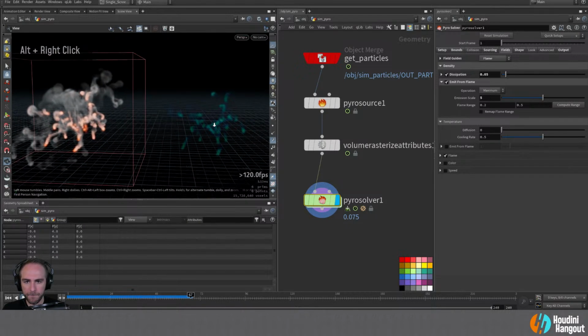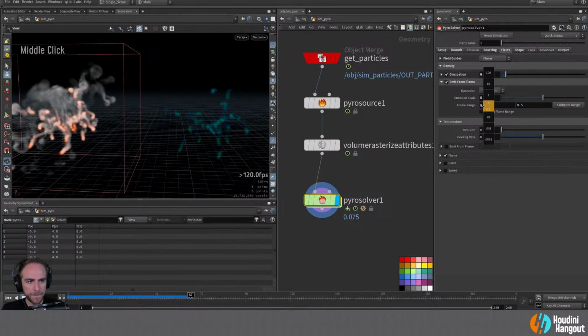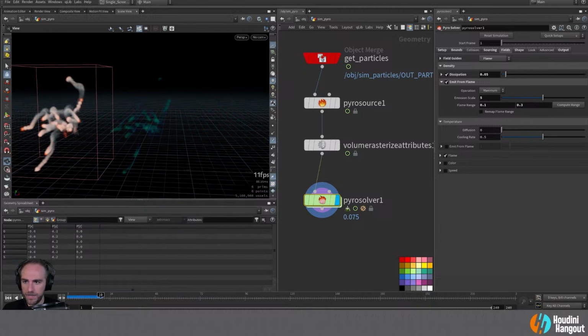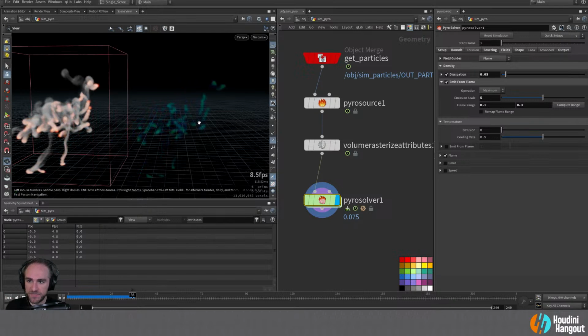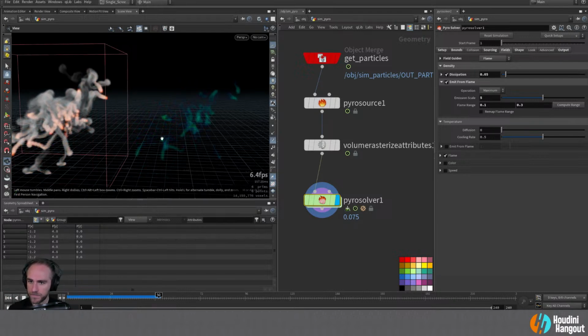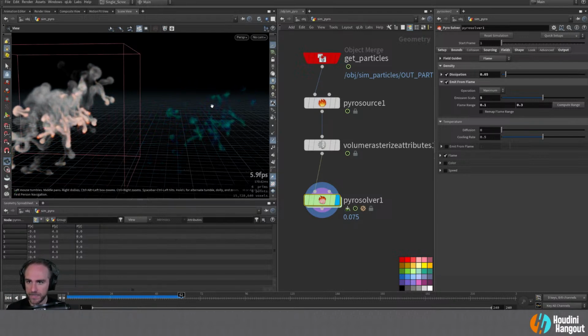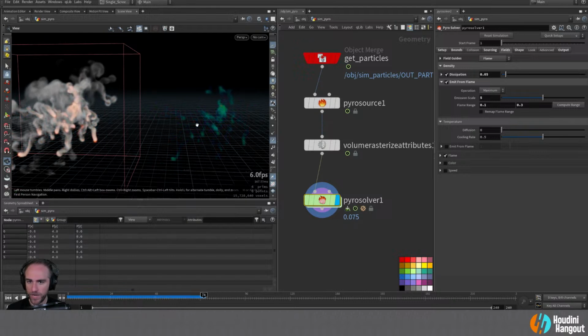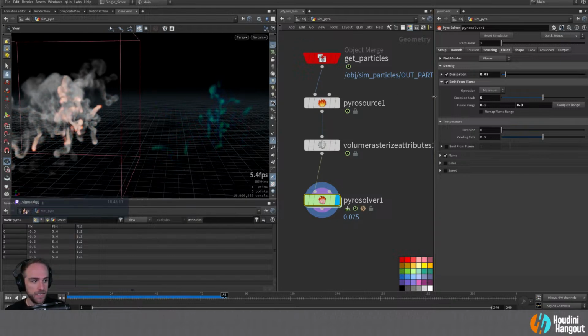Okay. So I'm just going to bring this down a little bit to see if we can't remap this a little heavier. There we go. Now this is visualizing the, what do you call it? The actual flame field. So whenever,